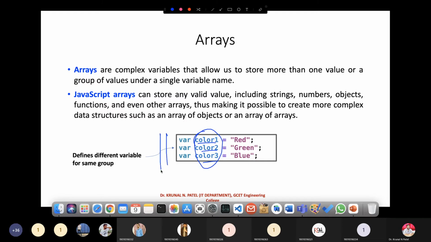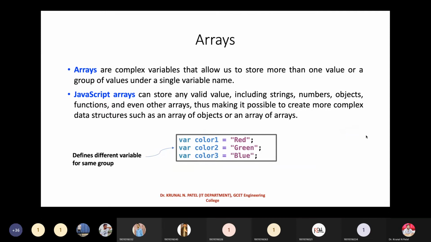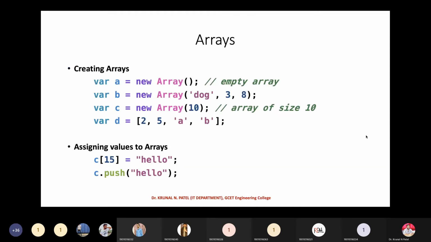This is not a feasible solution. Instead, you can store all these objects in one group, that is the color group, and after that you can just create the colors. That is the advantage of an array over simple variable declaration.